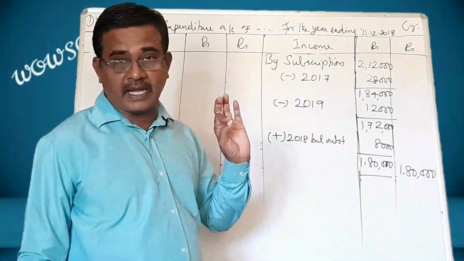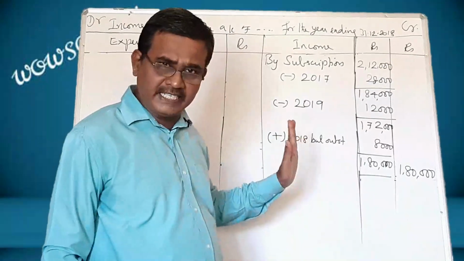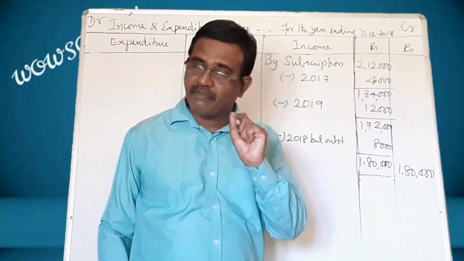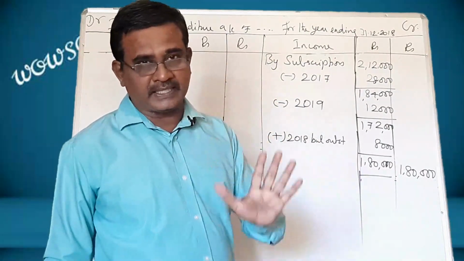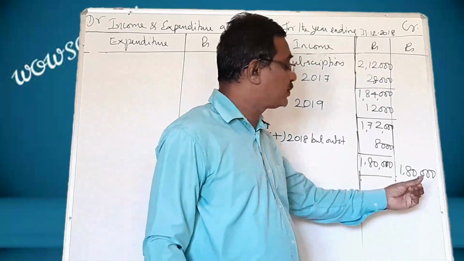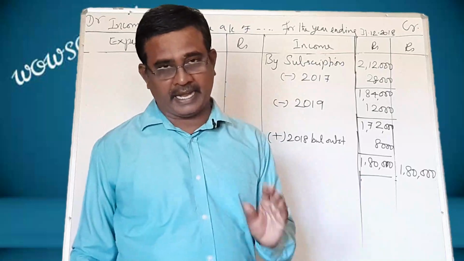This sum will come in the 3 marks question. So remember, subscription is easy. The only thing is you have to be very careful regarding the amount. The amount meant for that particular year alone should be shown in the outer column. Be sure about it, whether you are doing it in the right way or not.